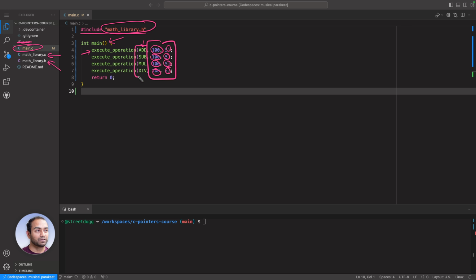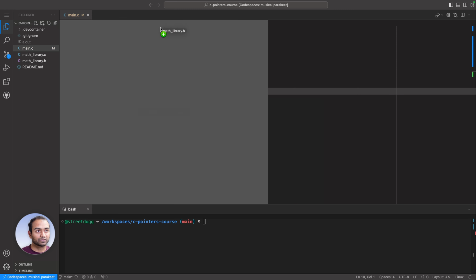And the first parameter here is some macro essentially: add, subtract, multiply, divide. My hope is that the way this math library is designed, which is my implementation, is that the same function, depending on the zeroth parameter, will do a different mathematical operation, right? Let me then go ahead and explain what that